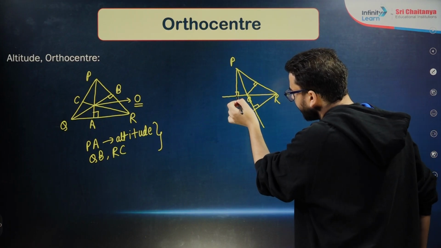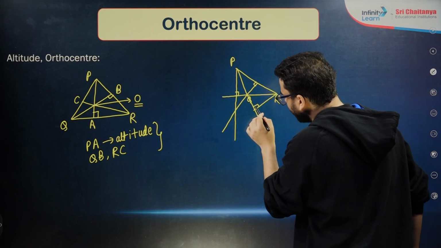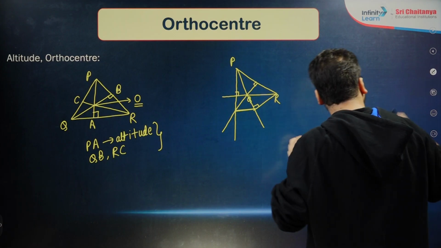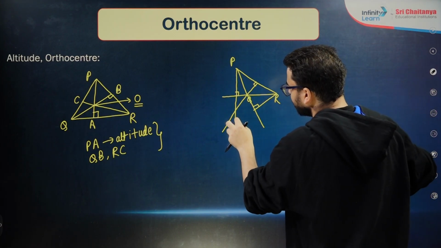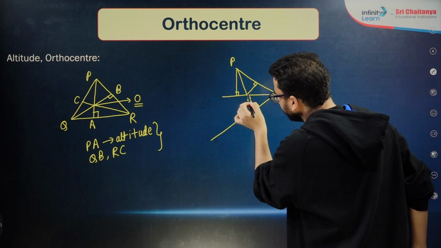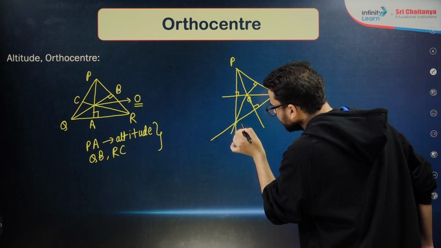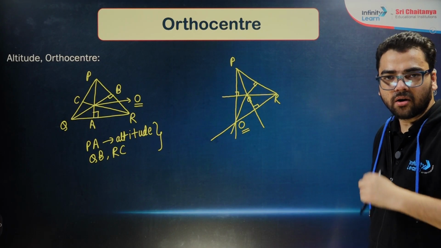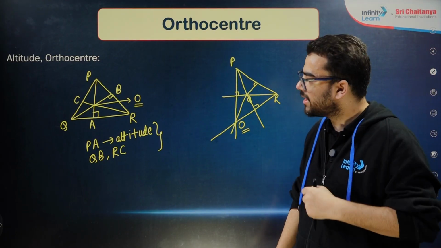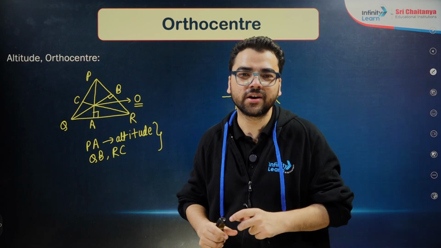Now you see if I extend these altitudes over here. So I hope you understand this is a rough figure, guys. This is not exact, it will be like this. I hope you understand. See, if you extend it backwards, it will be somewhat like this. That's not exact. I hope you understand that. It's a rough figure. So you see, this is the altitude. So in an obtuse angled triangle, the orthocenter will lie outside the triangle. In an acute angled triangle, the orthocenter will lie inside the triangle, the point of intersection of the three altitudes